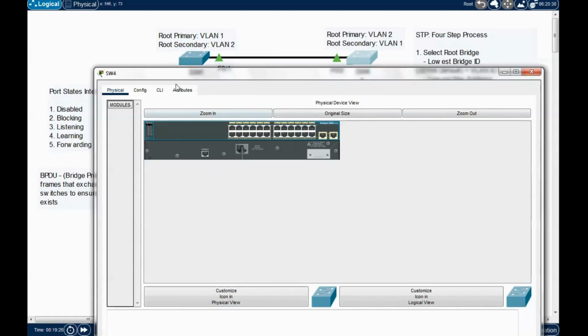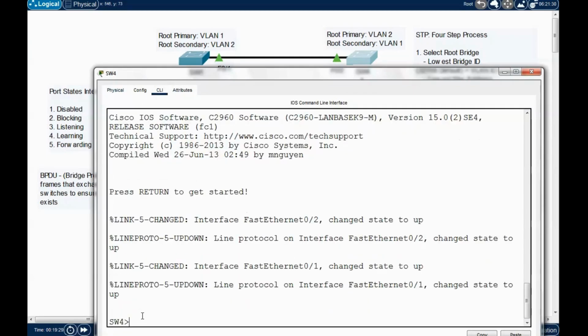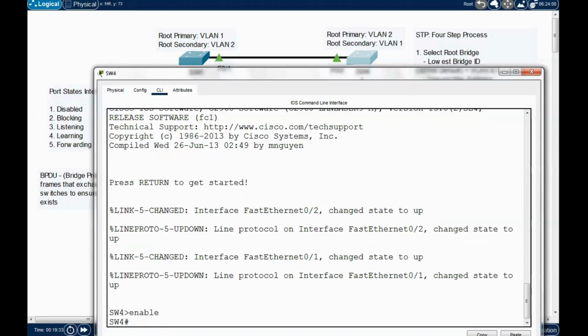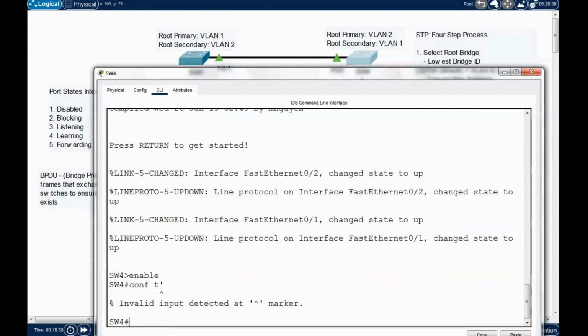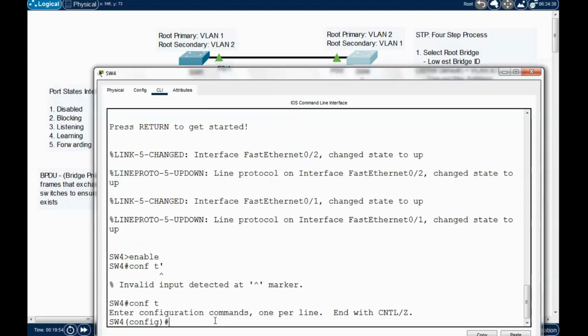Let me spread this. Command line interface. Hit enter to get started. Type enable to go to the privilege mode. And then I'll type here conf t to go to the global config mode. Oh, sorry. I added this extra character, invalid prompt. So I only need to type conf and just t. Okay, so conf t to go to the global config mode,